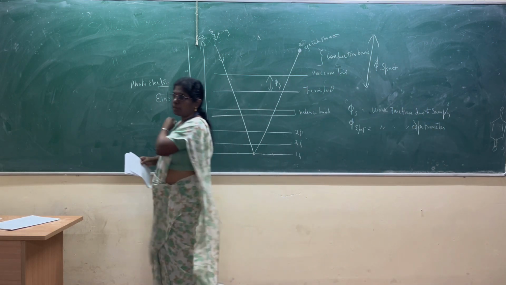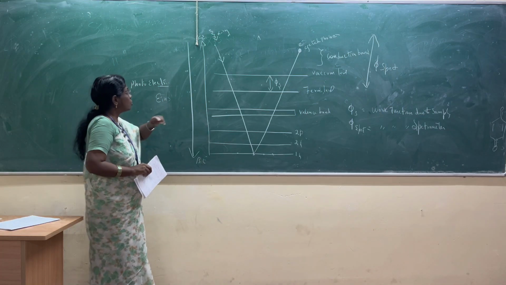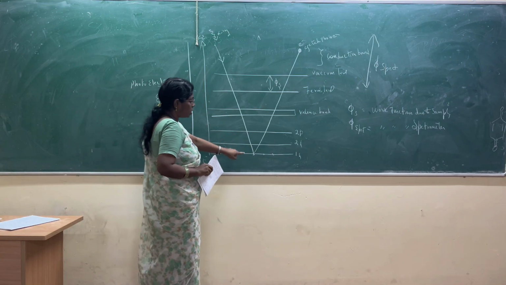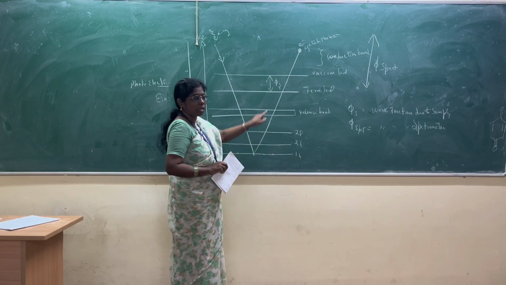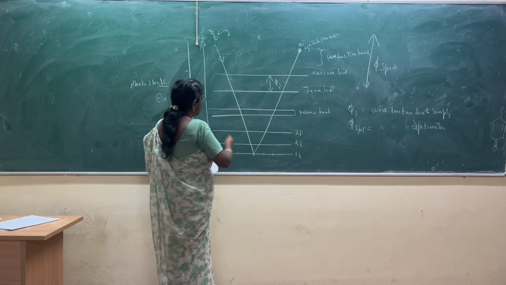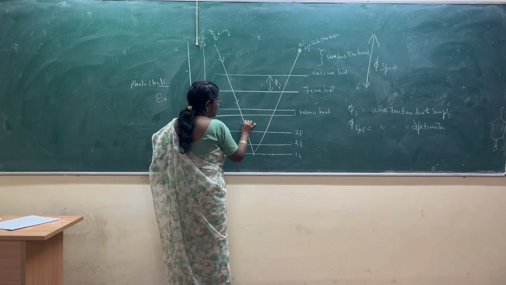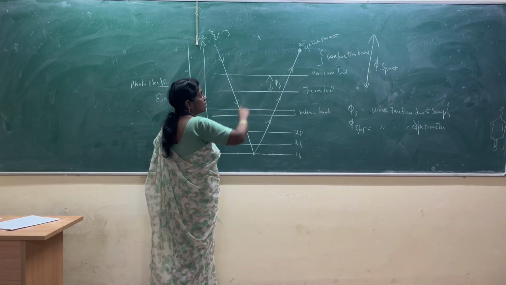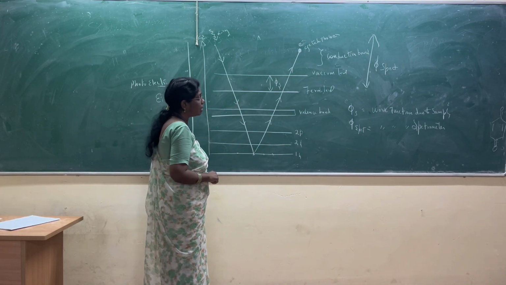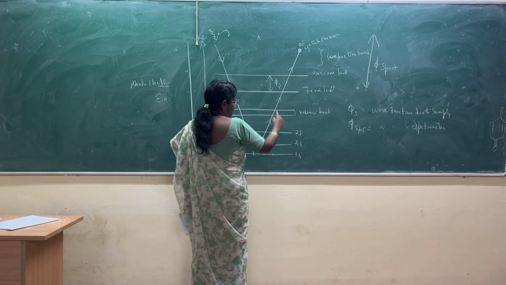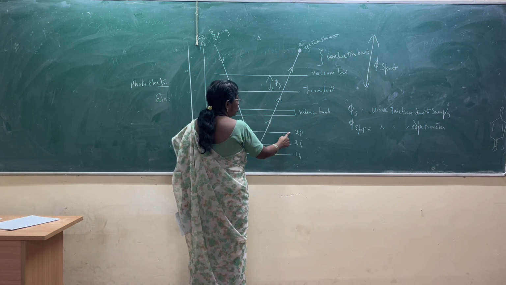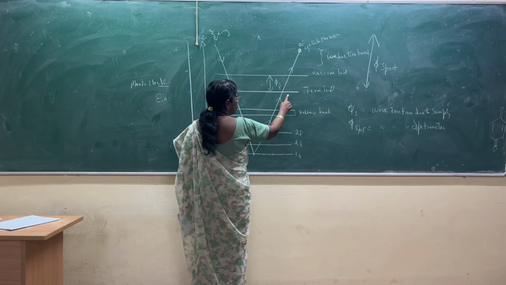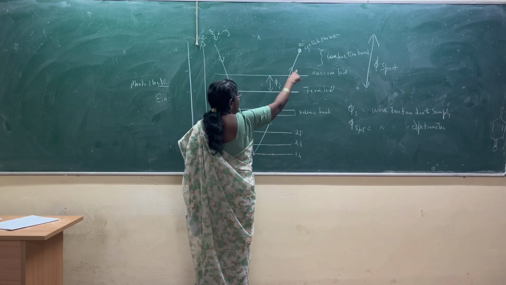So this is a basic principle of XPS. The X-ray source falls on the innermost electron, and the core electron is ejected out. So put that arrow mark like this. The ejected electrons are called photoelectrons. So 1s, 2s, 2p, this is a valence band, this is a Fermi level, vacuum level, and this is called